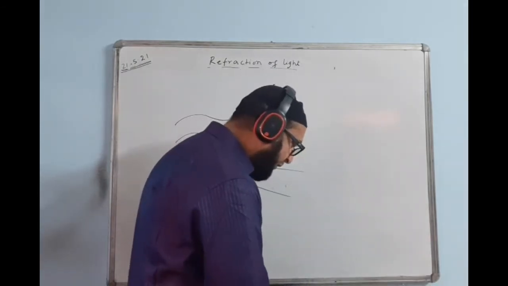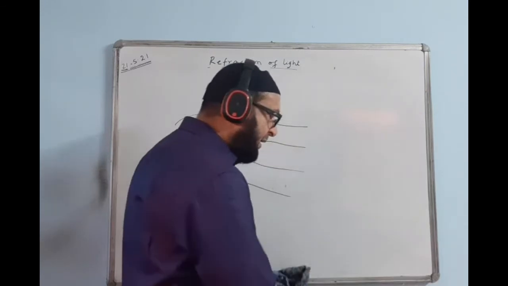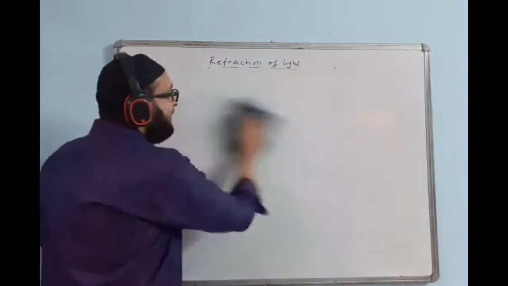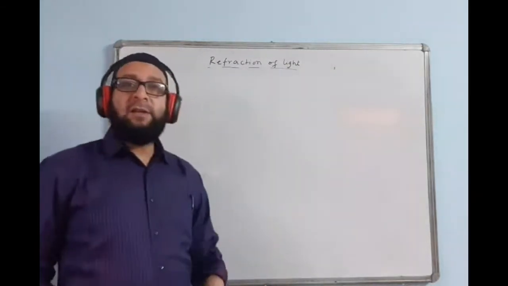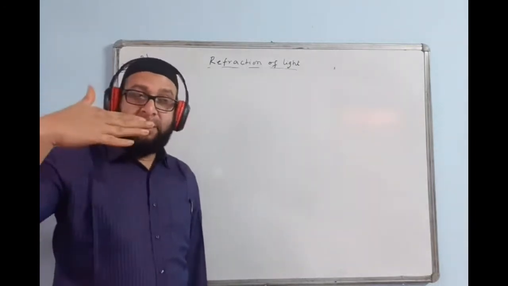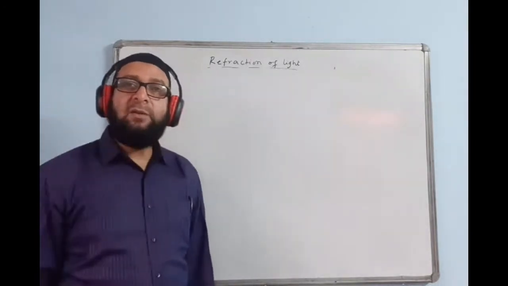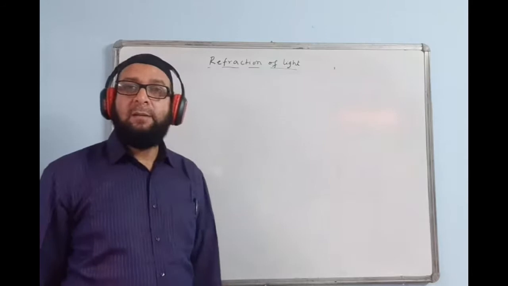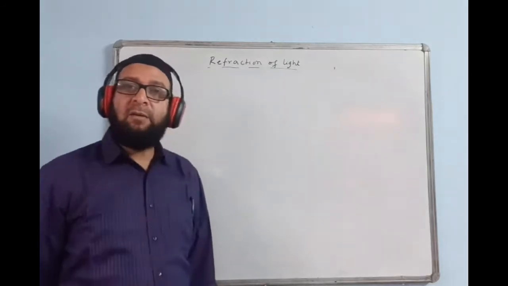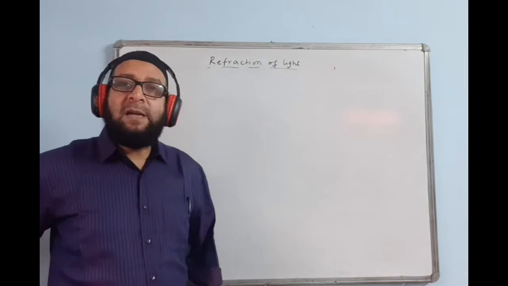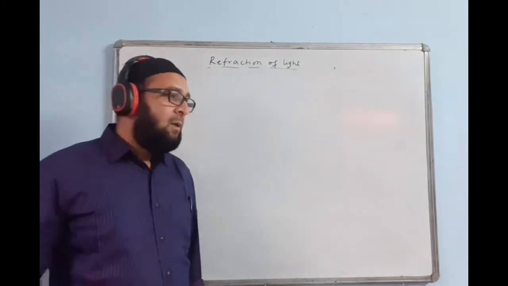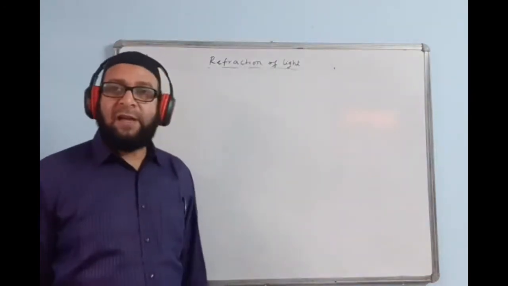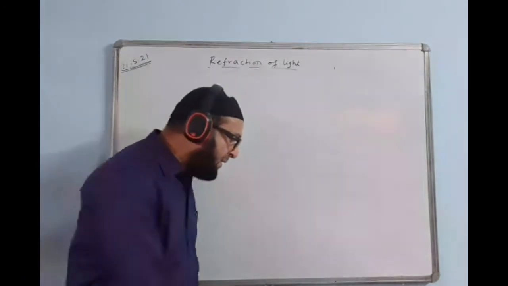There are two categories of questions in this chapter. The first category belongs to refraction, and the second category is total internal reflection. What is total internal reflection? Anything which appears shiny, silvery, like a mirror effect, there our answer will be based on TIR, total internal reflection of light, which reflects the rays. Where the rays are only bending away and the apparent position changes, that is your refraction effect. Okay.